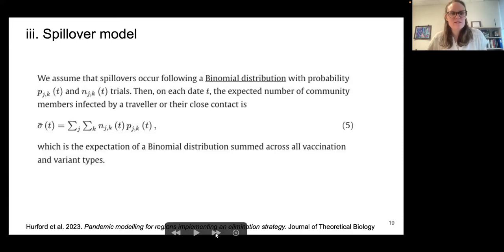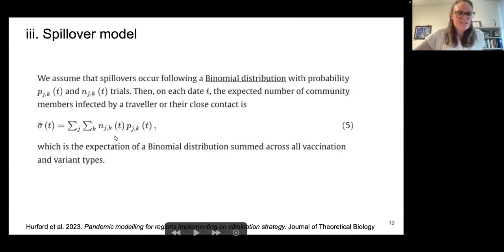So it's the probability that a traveler initiates a community case. And then you might calculate the expected number of spillovers by taking the expectation of the binomial distribution. So you have the number of travel-related cases,